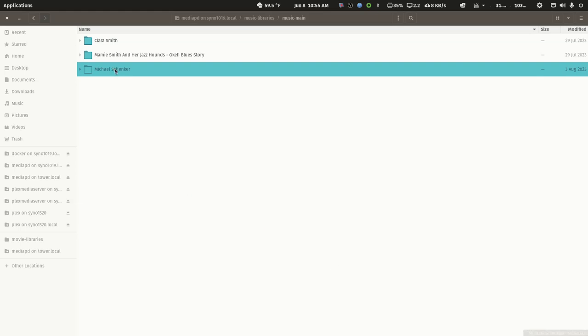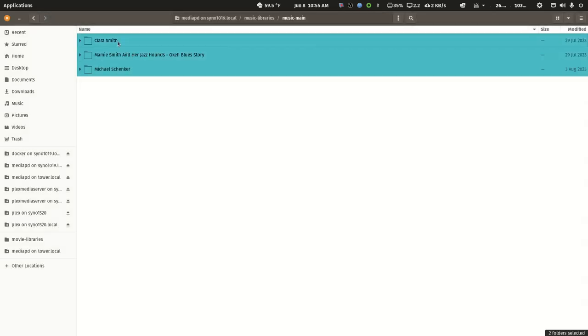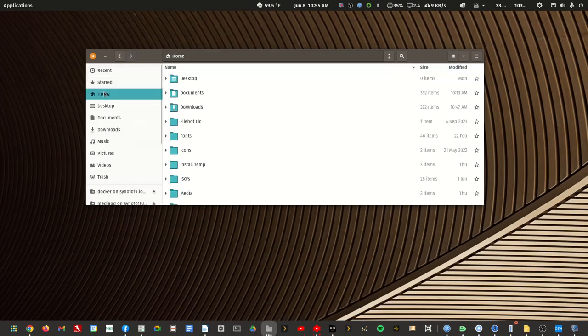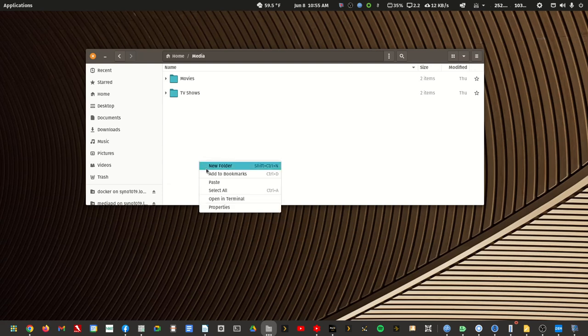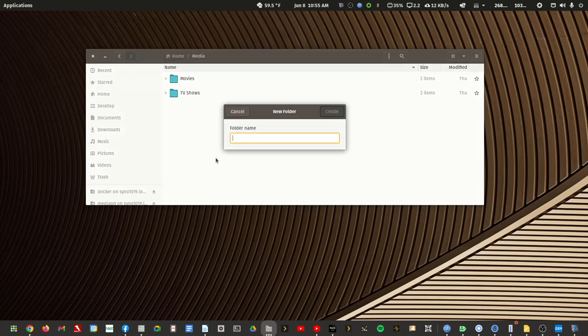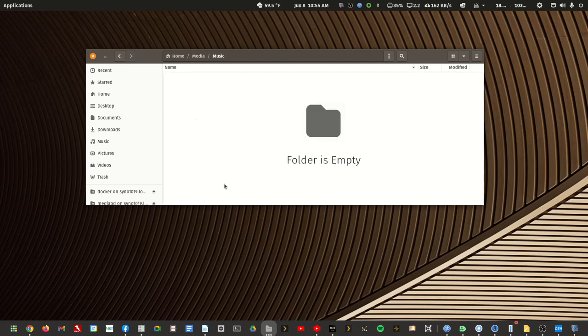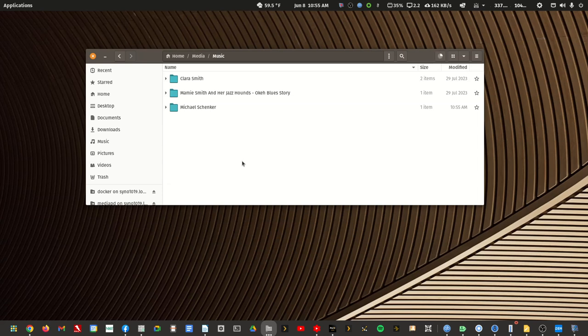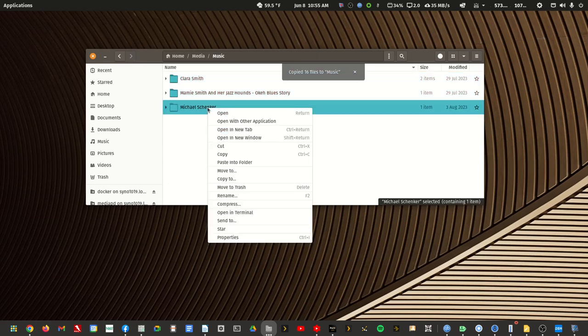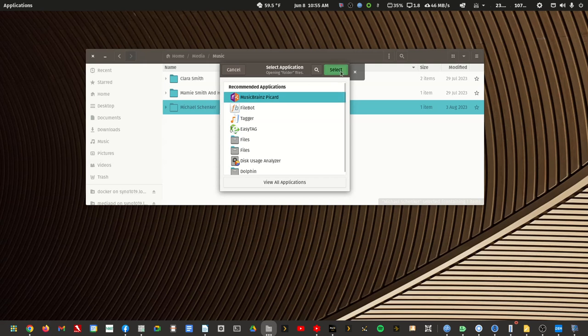And it didn't open. So let me do this. Let me copy these, and let me move into my local computer and create a folder called Music. I'll explain why things are not lowercase here in a second. All right, so this is not much. I'm copying it over fast. So if I now open this with MusicBrainz Picard,